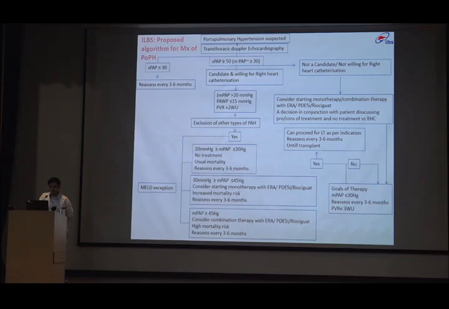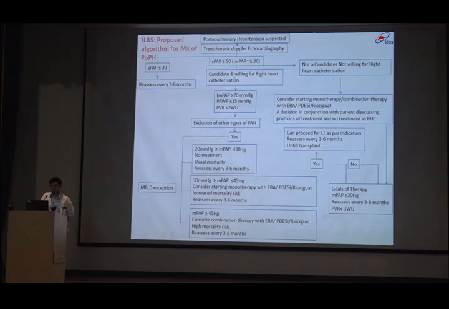So this is the proposed algorithm for management of PH from my side, that is subject to definitely input from other branches. So a suspected case of pulmonary hypertension should undergo transthoracic Doppler echocardiography. If systolic pulmonary arterial pressure is less than 30 mmHg, that has to be reassessed every 3 to 6 months. If systolic pulmonary arterial pressure is more than 50, which equates to around mean pulmonary arterial pressure of 30, then there can be two scenarios: